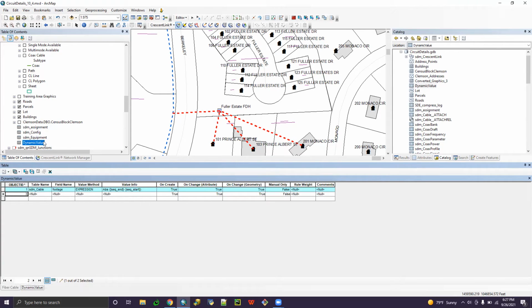So this dynamic value table is a part of the attribute assistant. And the main 4 fields that you have to fill out are the table name, which we want to update, the SDM cable, which is linked to this fiber cable feature class. And then the field that we want to update is the footage field. And we want to use an expression value, and the value or expression that we want to use is the same as the field calculation I showed in the previous segment. So now that we have that set up,